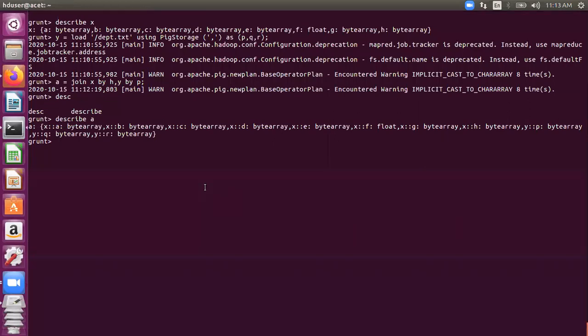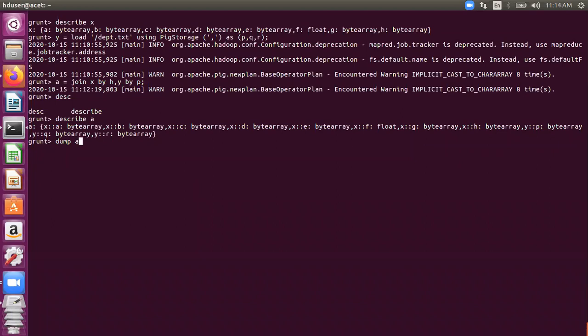Okay, so if I dump the values, you will see all the values. You will see all the rows which are matching. So can somebody tell me how many rows would be displayed here? Raise your hands to answer. If I dump this relation A, which is a join of relation X and Y on the basis of department number, how many rows would result? How many rows would be there?